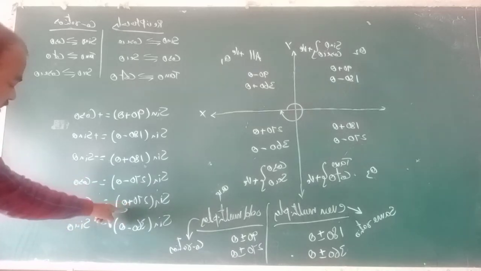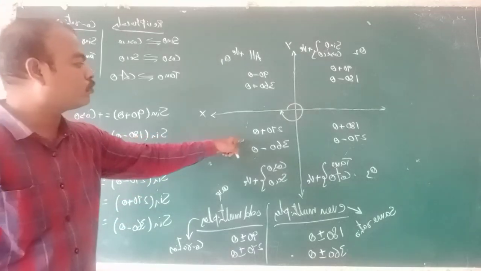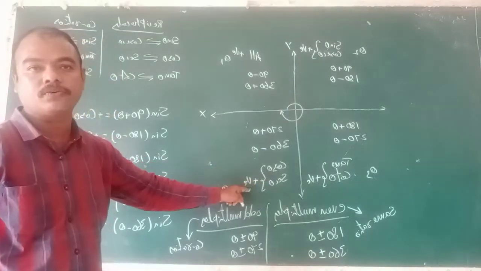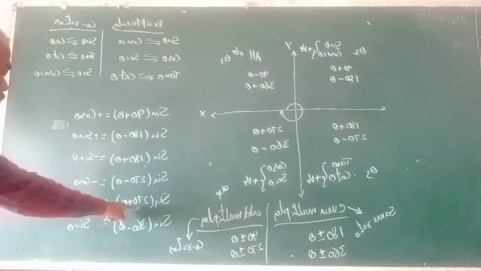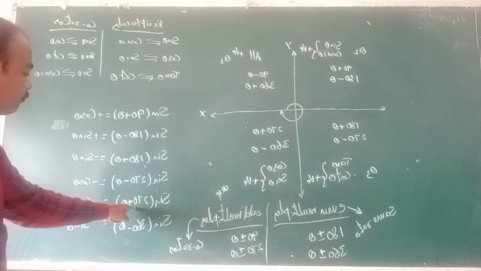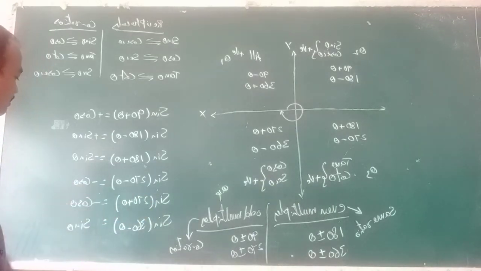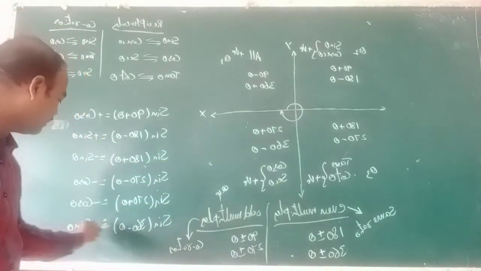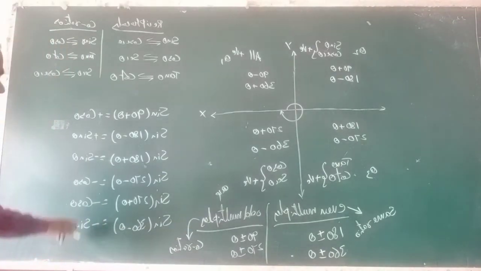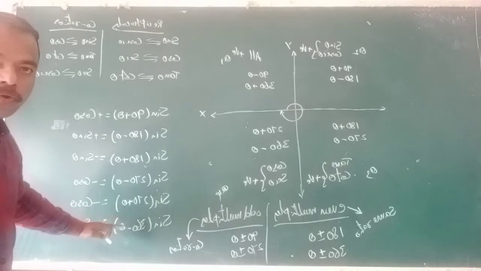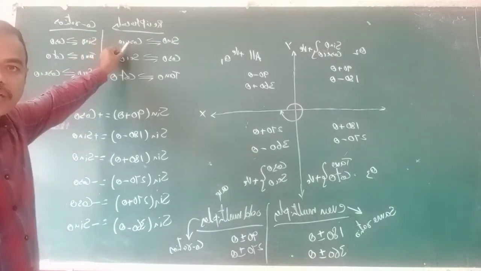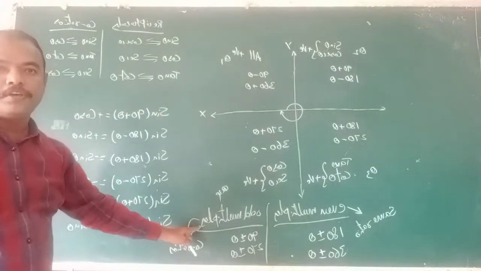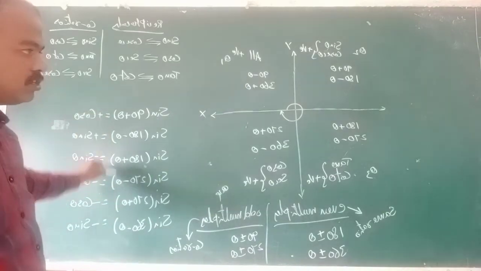Now 270 plus theta. 270 plus theta goes to the fourth quadrant. In the fourth quadrant, only cos and its reciprocal secant theta are positive. Remaining all are negative. So sin in the fourth quadrant is minus, so it is minus cos theta. Similarly, 360 minus theta is also in the fourth quadrant. Sin is minus, so it is minus sin theta. Like that we are doing. To do this, we need to clarify the reciprocals, co-ratios, and even and odd multiples. If you know these basic terms, you can do it easily.